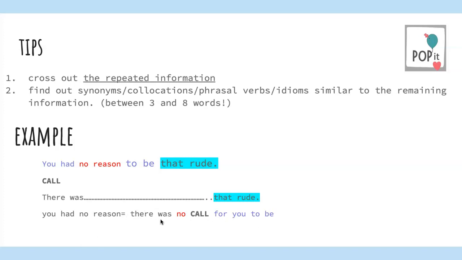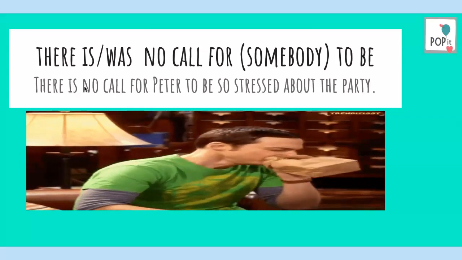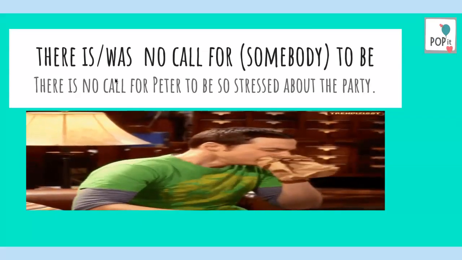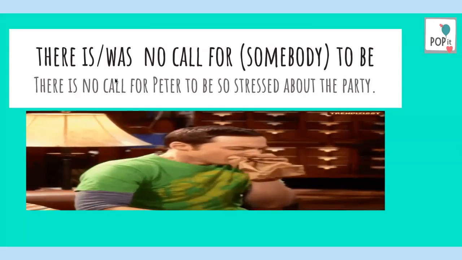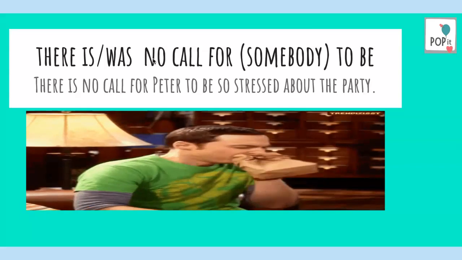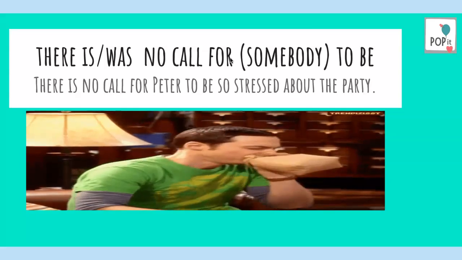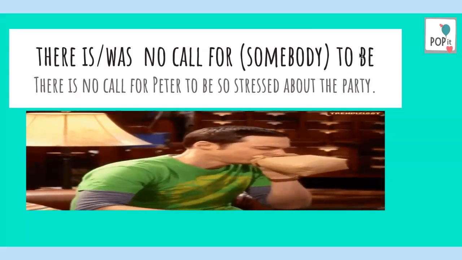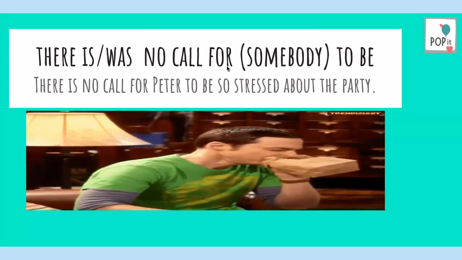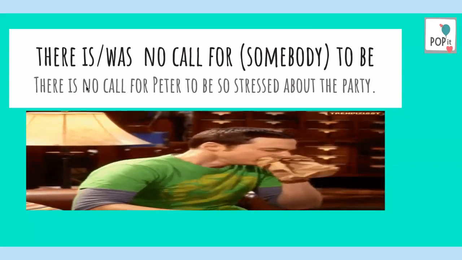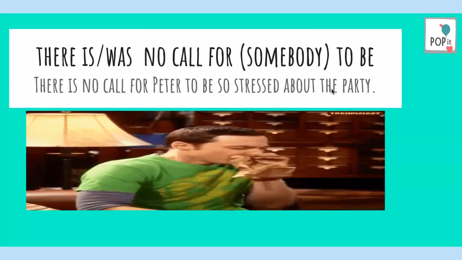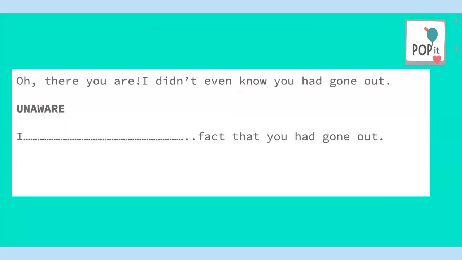So what I do in these cases, I take the new expression that I didn't know, and I apply it directly to a sentence that makes sense for me. Why do I do this? Because if I learn by heart the expression, in maybe 1 week or less, I'm going to forget or blur part of it, and I'm not going to remember if the preposition with this expression was for, or if I have to put an infinitive or a gerund after something. So the best way to avoid this mistake is to learn a sentence that makes sense for you. For instance, there is no call for Peter to be so stressed about the party. Okay, right. So next example.